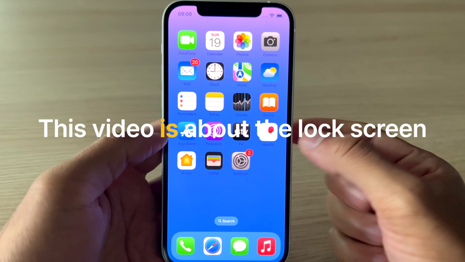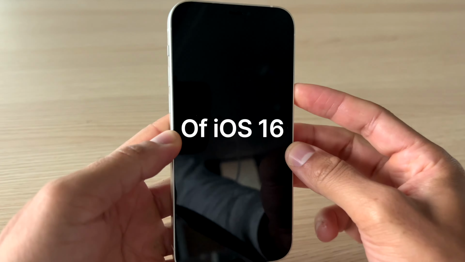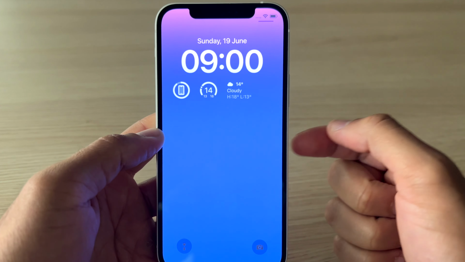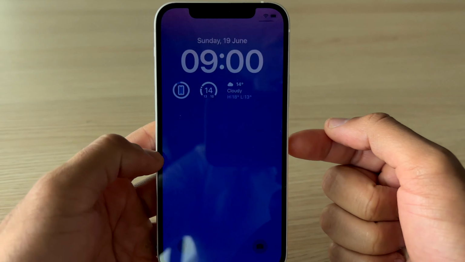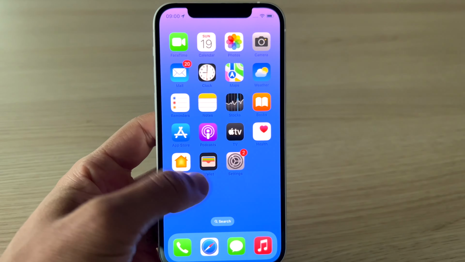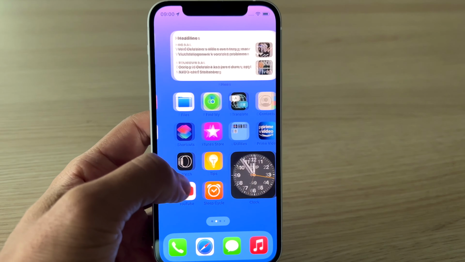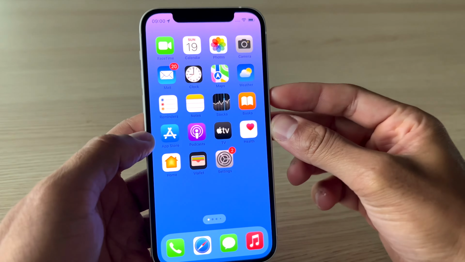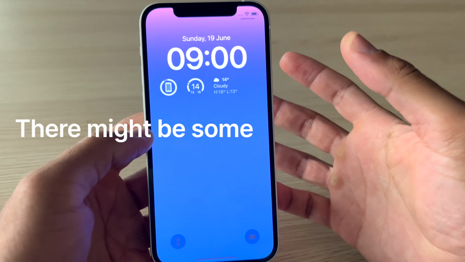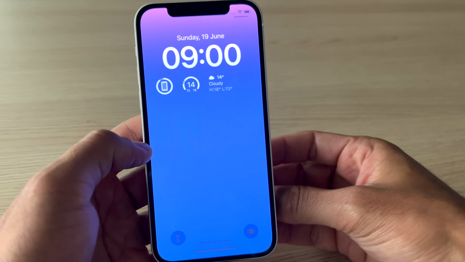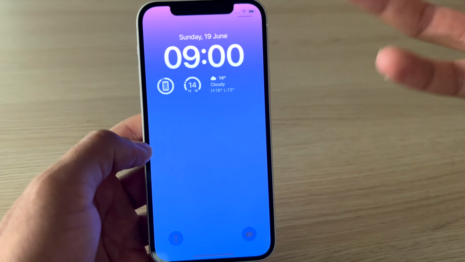So this video is all about the lock screen of iOS 16. As you may know, iOS 16 is just released. This is just the beta version. This is not the official version yet. The official version will be released with the introduction of the iPhone 14. But for the most part, it will look exactly like this. It will not be changed much. There might be some new functionalities added on the official version, but that's something that will